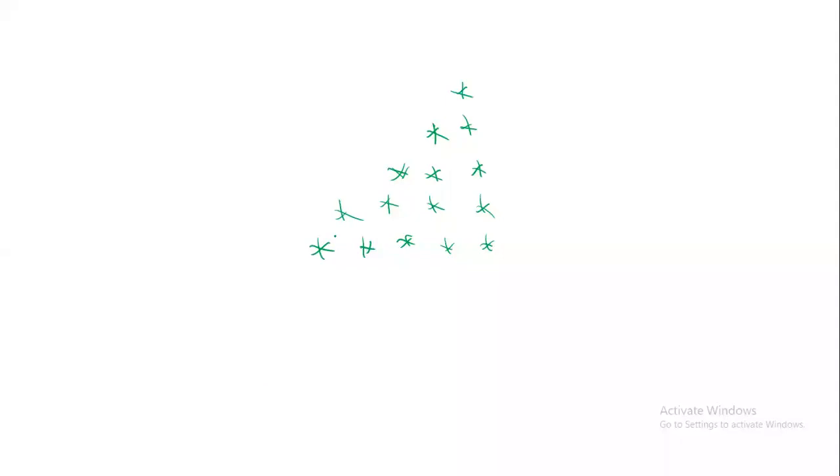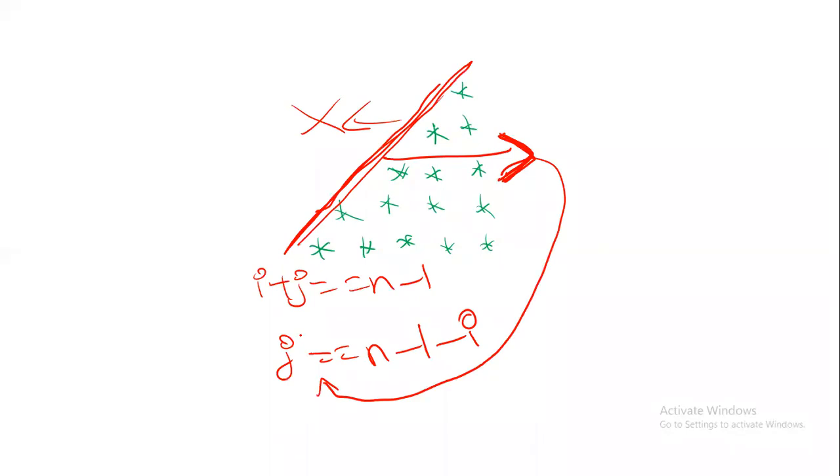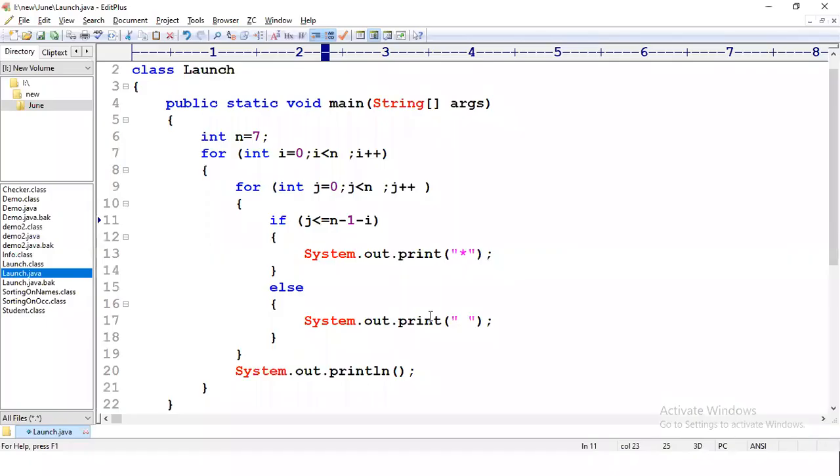Yes, okay. Watch here. First, you have to draw that imaginary line, right? So what is the line equation here? The line equation is i plus j equals n minus 1. But we know that we have to talk in terms of j. So we can write it as j is equal to n minus 1 minus i. From this line, should I print the left side? No. Don't think, I have to print the right side. If you're printing the right side, copy this symbol, and paste it here like this. Just copy and paste. So the equation is j is greater than or equals to n minus 1 minus i. Let's see.